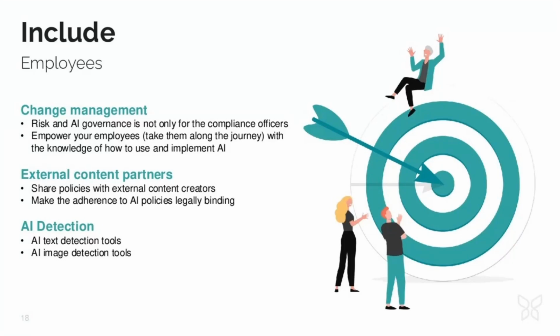Secondly, you need to ensure that external content parties adhere to the same standards and principles as you do. So first of all, you need to be able to easily share your standards. As Chuck also explained, the standards can be different from company to company. Your risk appetite can be different from company to company. So you need to be able to share your standards with external staff and also update them in case of changes. Secondly, I think it's important to include those standards into your contracts to make adherence legally binding.